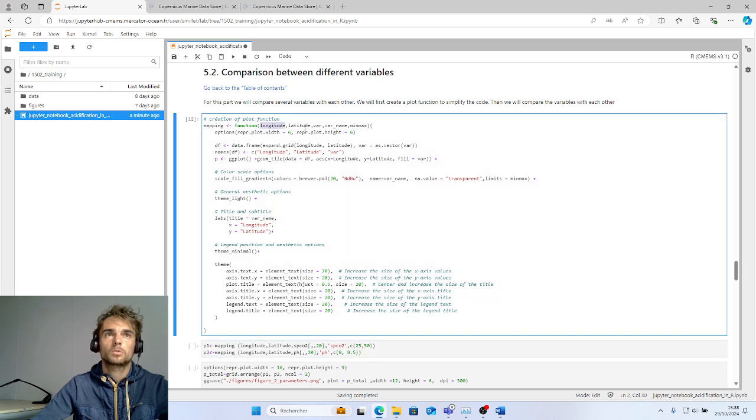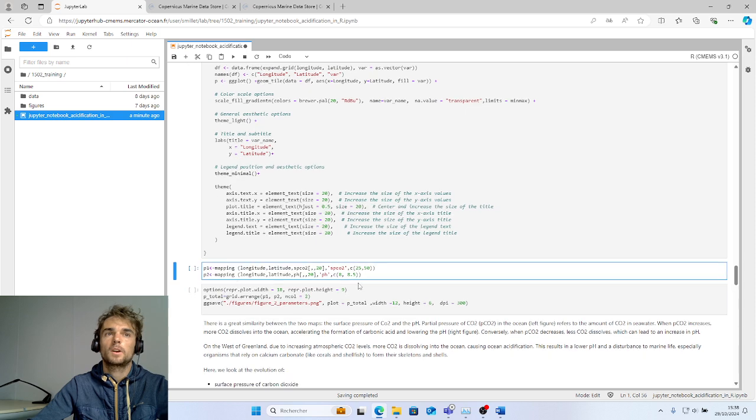five parameters: longitude, latitude, the variable name, and the minimum and the maximum value. So for p1, it is longitude, latitude, a variable with the name spCO2, the name of the variable, and the minimum and the maximum value.